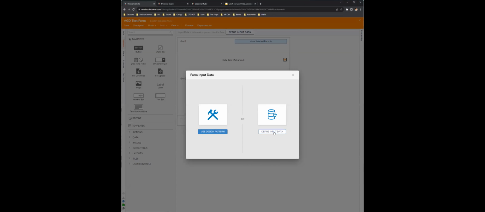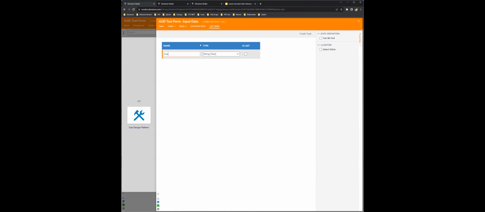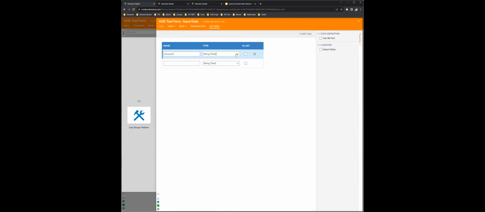But I couldn't find a way to pass the data from the form input or the flow itself into the active form flow. So, yep.